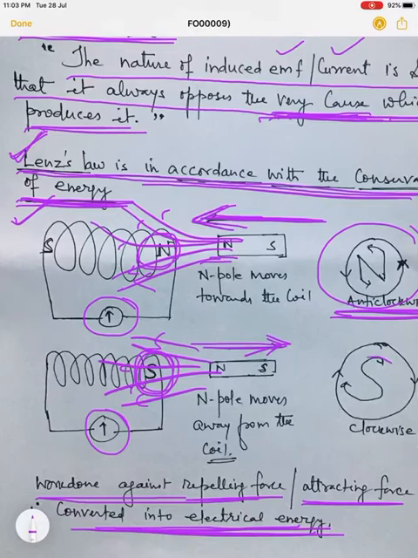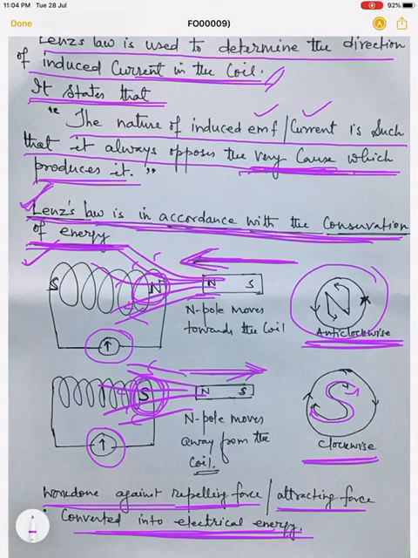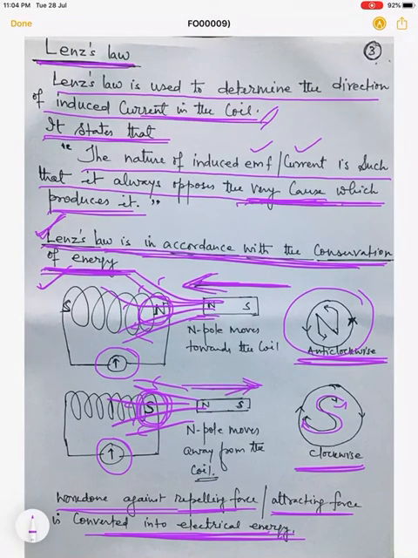as well as, to produce the south pole here, the current will be clockwise. So that gives the direction of current induced in the coil, as well as the explanation that Lenz's law is in accordance with the conservation of energy. So energy is not produced here. Again, Lenz's law follows conservation of energy, right? This is a very important question asked in the board examination: write Lenz's law and prove that Lenz's law is in accordance with the conservation of energy.